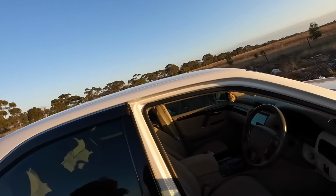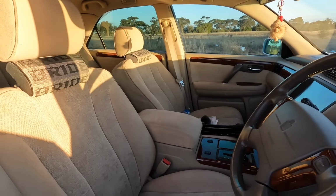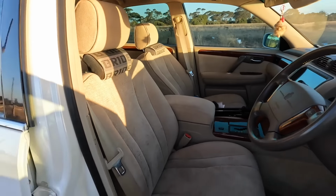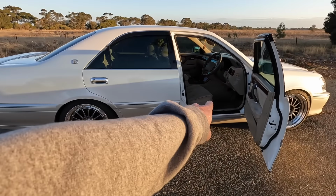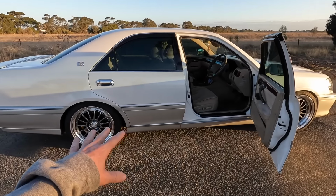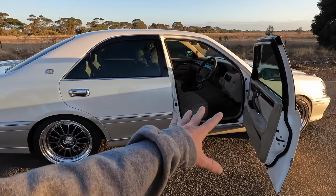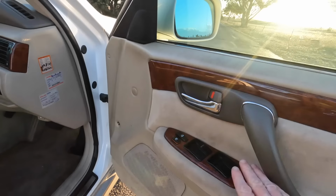Interior wise, I didn't know this when I was looking at crowns, but I'm like, I gotta find one with the darker interior. What I didn't know is every two-tone crown has the tan interior. So if you find a two-tone car, it's either been painted two-tone or the interior has been changed if it's got a dark interior. So lots of wood grain everywhere,